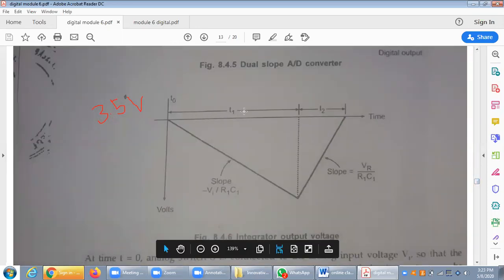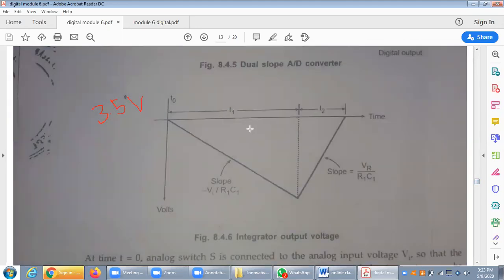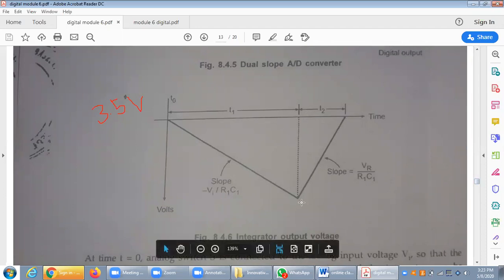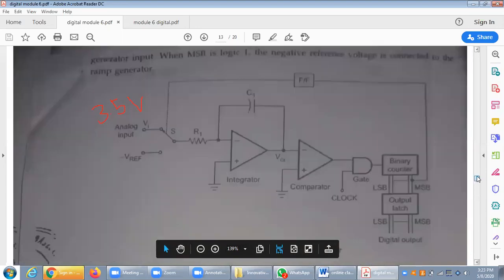So this is the known value. T1 will be a known value because the clock will be increased, and at one point the MSB will become on. Up to that time is T1, that is the known time. So at that time what will happen? The switch will be moved to